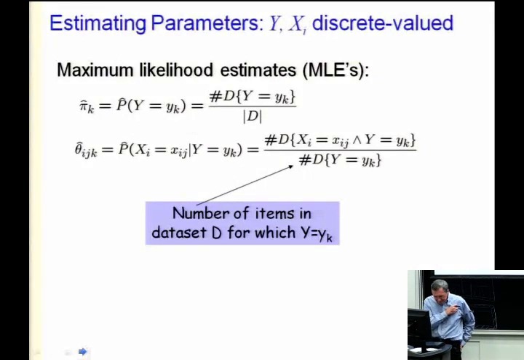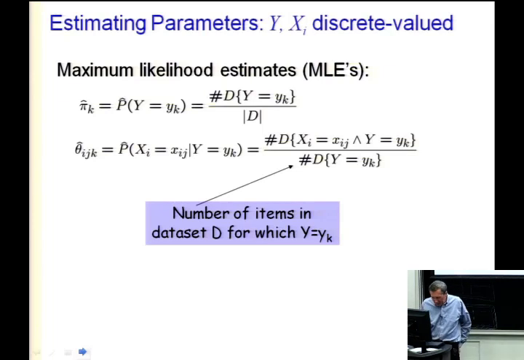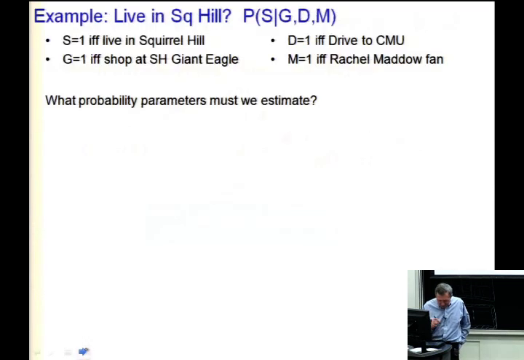And of course, to do those estimates, we could just go back to our last lecture. We could do maximum likelihood estimates for each of those terms, like we just talked about doing for p of y. We could also get MAP estimates, maximum a posteriori estimates, and you already know how to do that. All right, so